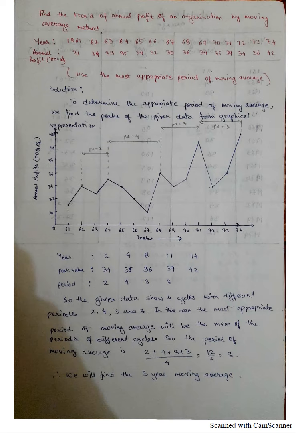When some value moves from its lowest point, reaches its maximum, then again starts falling, reaches the minimum, and again starts rising, reaches the maximum. Likewise it continues to go, then we call it a cyclical fluctuation. So here it is somewhere below.